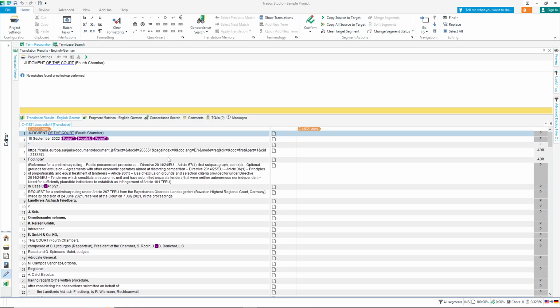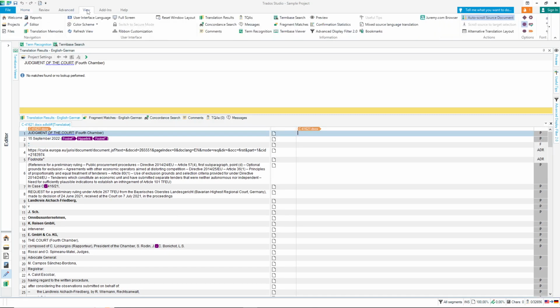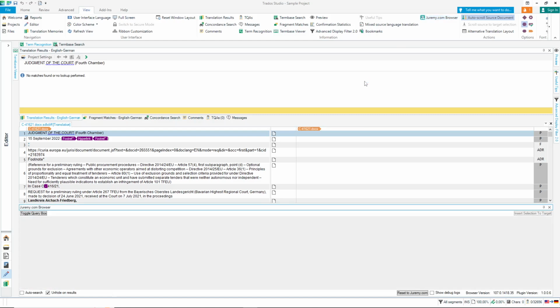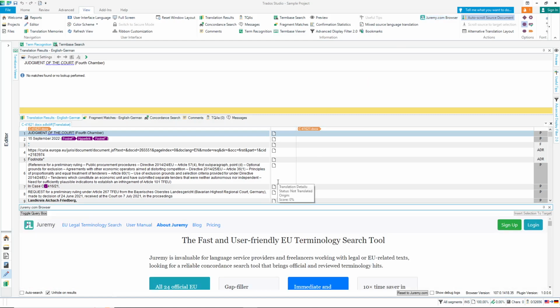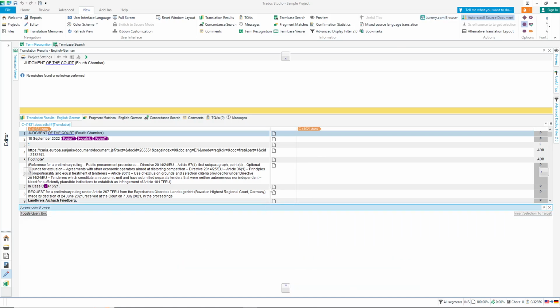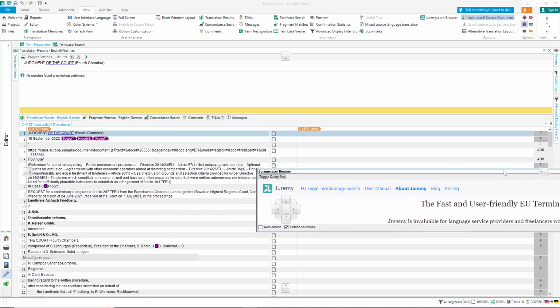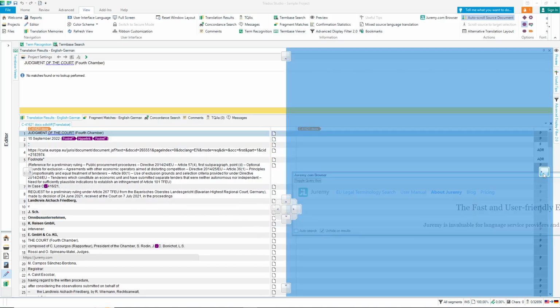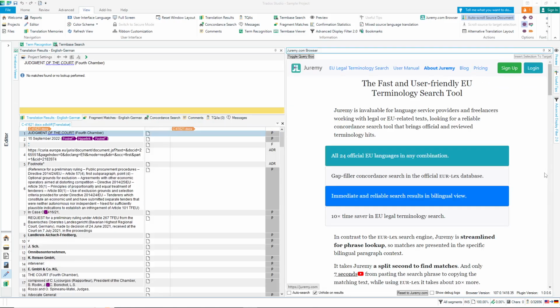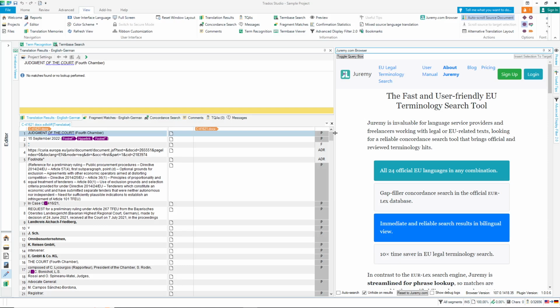So the first thing we should do is to add the Juremy panel. We can find how to do that in the View ribbon and click juremy.com browser. We only have to do this once, and then Trados will remember that we have that panel open. By default, the panel opens down here, but actually it's quite handy. We can drag this bar and move it to the side. Like if you drop it on this right arrow, then this panel docks to the right, which is maybe more